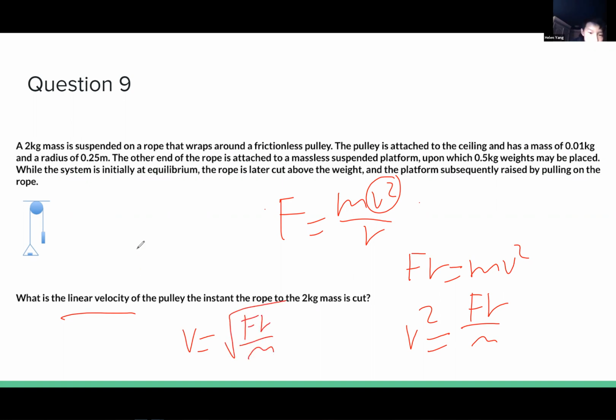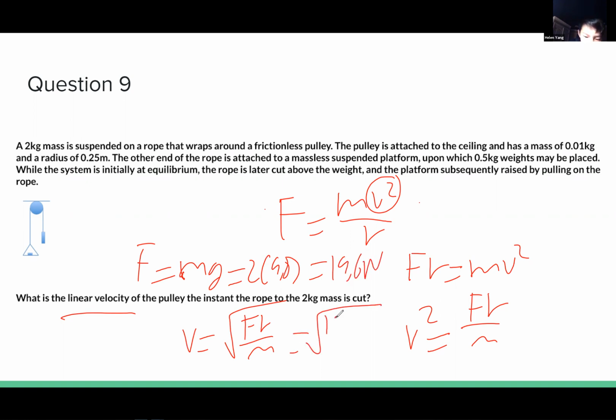F in this situation would be the force due to gravity, which is mg, which is 2 times 9.8, that equals 19.6 newtons. So it would be the root of 19.6 times r, which is 0.25 meters, divided by the mass, which is